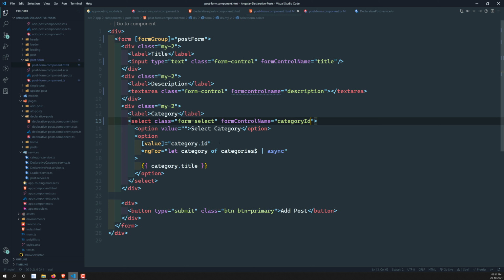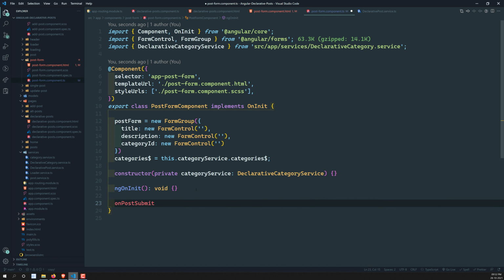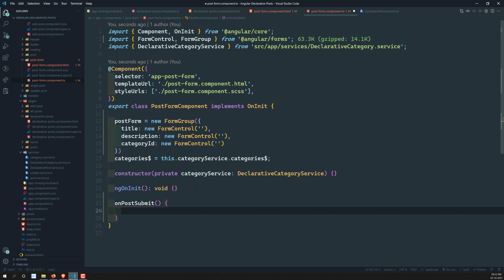Fine, right? So three of these things are added, and now when this form is submitted we need to invoke the method, so ngSubmit. Let's close this one. Yeah, onPostSubmit, as this form acts for both addition and updation, right? So that is the reason I am using onPostSubmit for this one. So on onPostSubmit, let's save this one, and here I am writing a method onPostSubmit. On this post submit we need to get the details. Whether we need to update or add the post, we will try to decide afterwards, but here we will be getting the details.